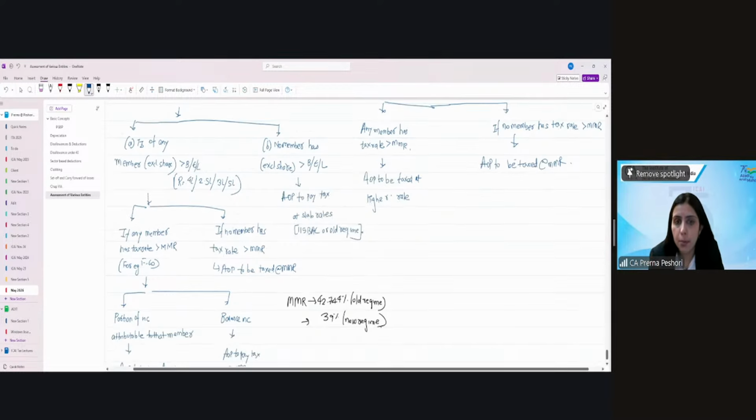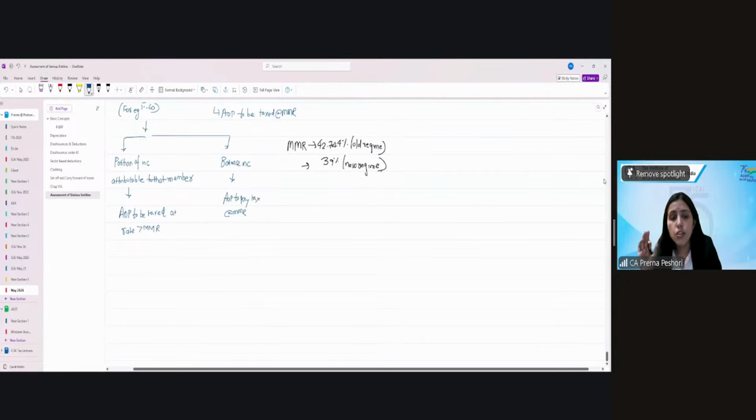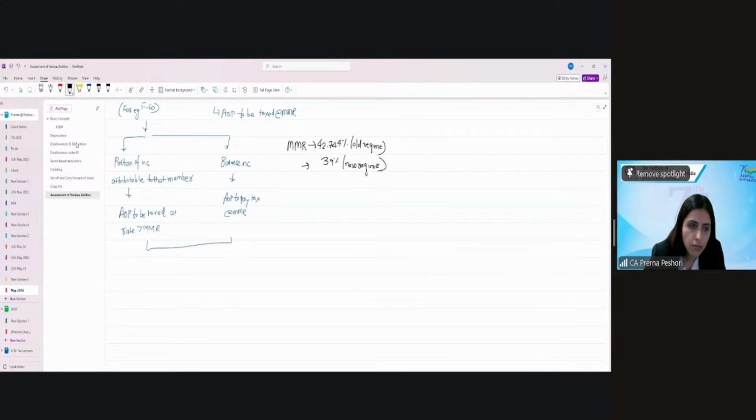Right? Now in the hands of members, in the first situation, where the shares of the members are known and the members have income greater than the basic exemption limit, and any member either has a tax rate greater than MMR or less than MMR, but the principle is that they have total income greater than the basic exemption limit. In that particular case, the share of the member will get exempt because the AOP is already paying the tax at the MMR. The share of AOP income will be exempt